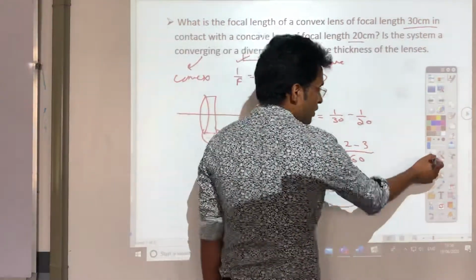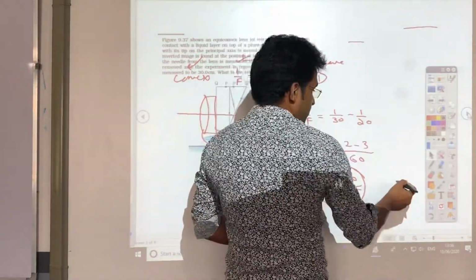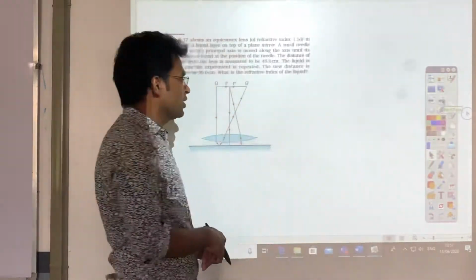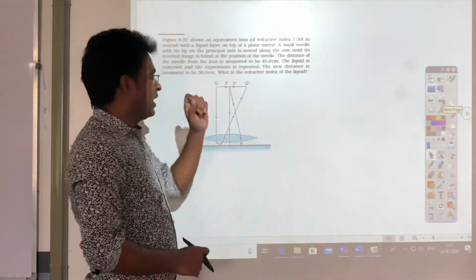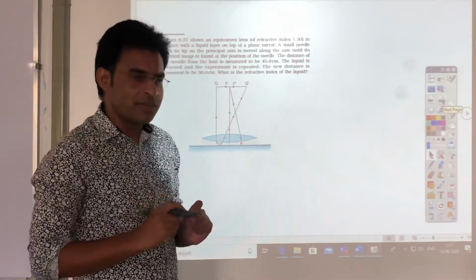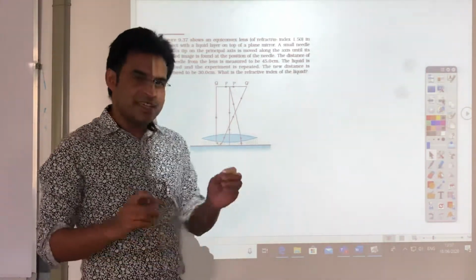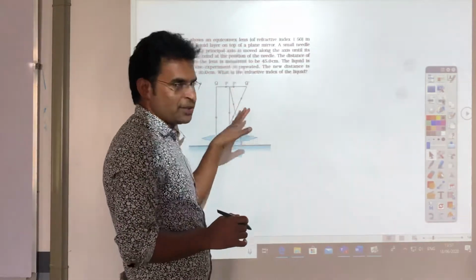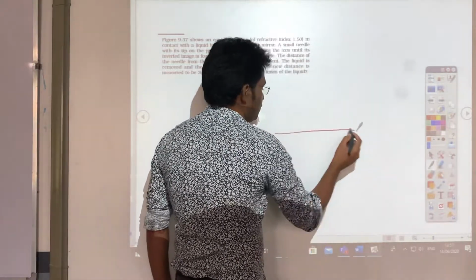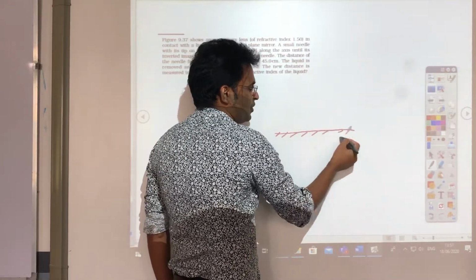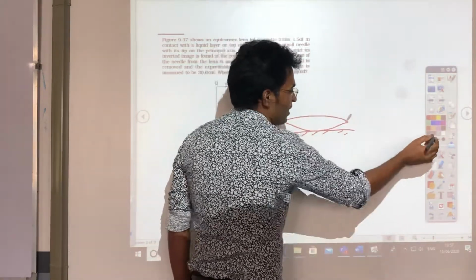Okay. And let's move to the next question now. In the next question, you see this diagram is given. This is the last question of the NCERT 12th textbook, and it's a very good question to explain the combination of lenses. That's why I picked this question. Basically they are putting one lens and some liquid over here. If you read this complete question, it says we put one lens over here on the mirror. This is a plane mirror. We put one lens over here, and we put one liquid inside this lens.